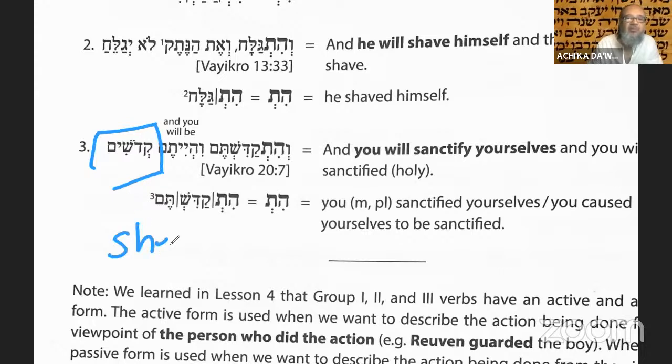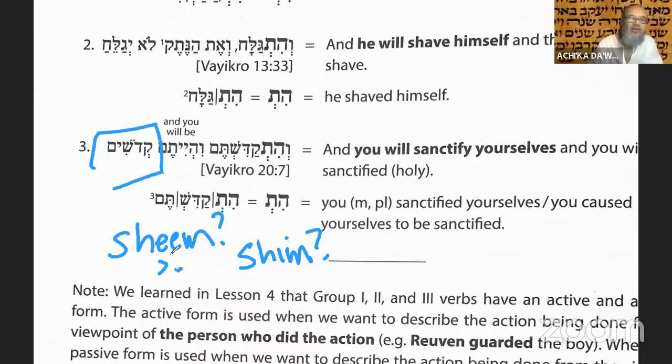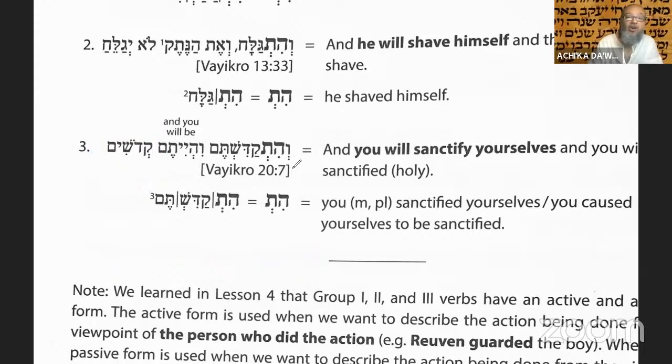Why is it shim versus shim? Is it a dot in the mem yod? Yes. Anytime you got the dot and the yod, it's this. Anytime it's the dot by itself, then it's just a regular I sound. Perfect. So if you break it down, that word quadashim or